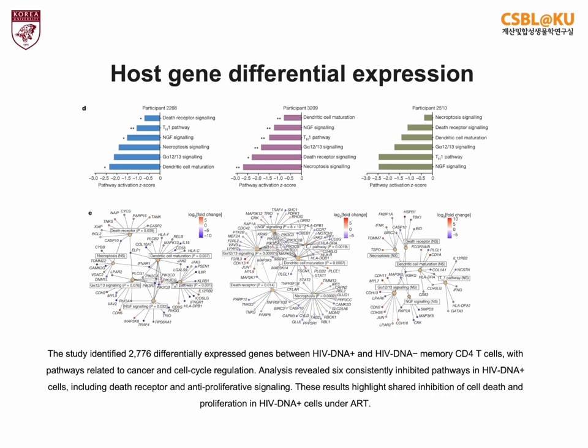This suppression was due to both lower expression of genes that activate these pathways and higher expression of genes that inhibit them. Even though the specific genes vary between participants, the overall pattern was clear: HIV-infected cells tend to resist the signals that would normally lead to cell death or stop their growth, which may help them persist